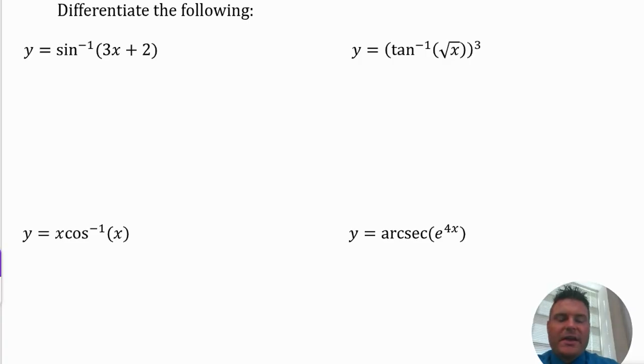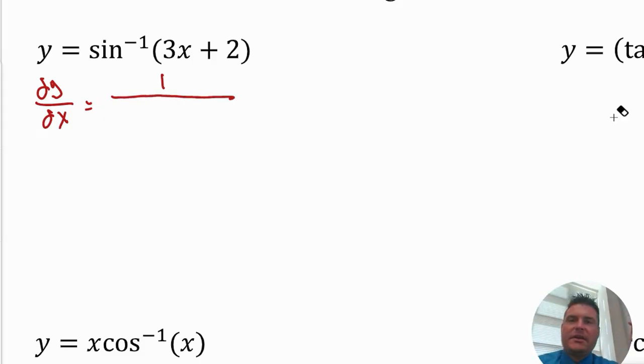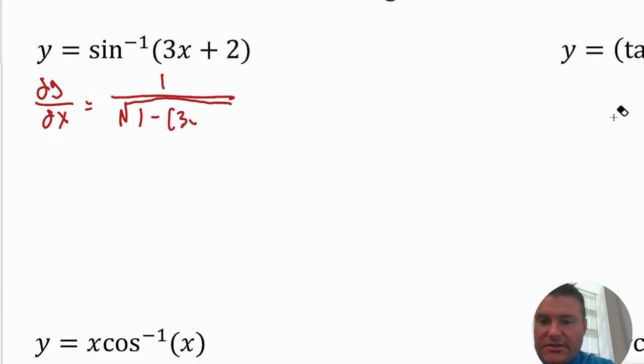So what we're going to do now is differentiate each of these, and just be aware that all of the arc trig stuff does involve chain rule, unless it's just the base form. So for the first one, we're going to get dy/dx equal to 1 over square root of 1 minus x squared, the derivative of the arc sine. In this case, our x is 3x plus 2, and that's all being squared, times the derivative of the inside of this function. The derivative of 3x plus 2 is just 3. So I can rewrite this nicely